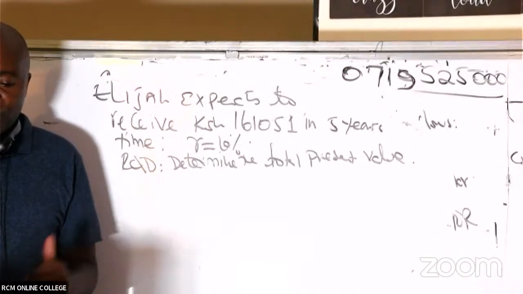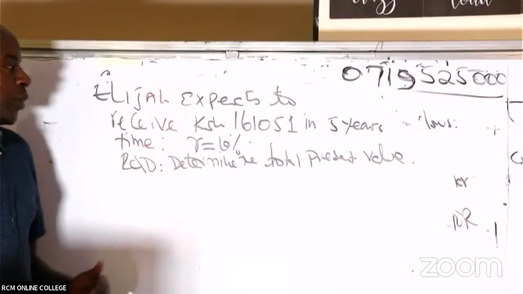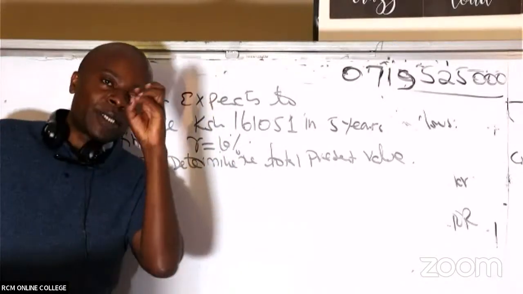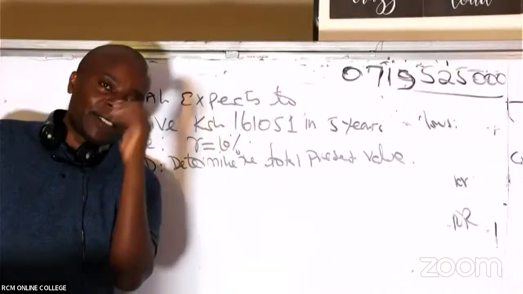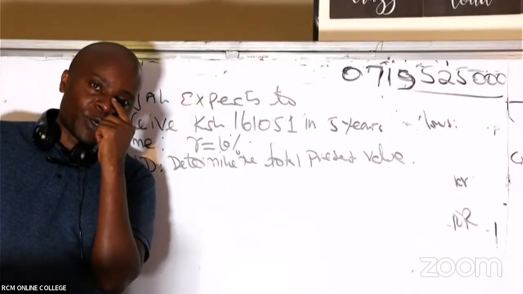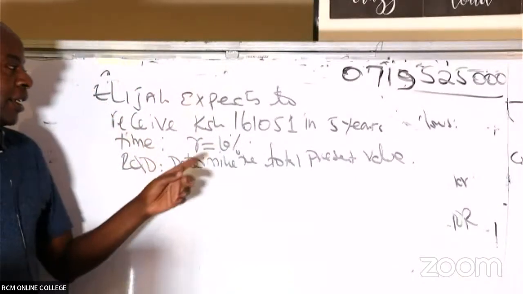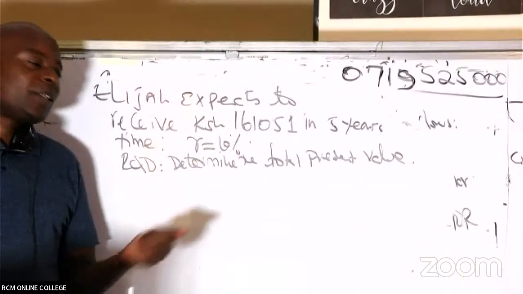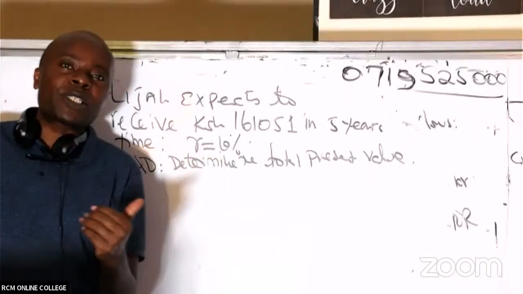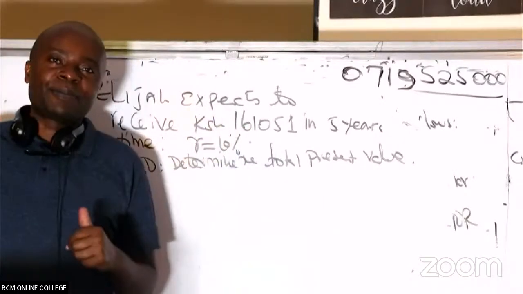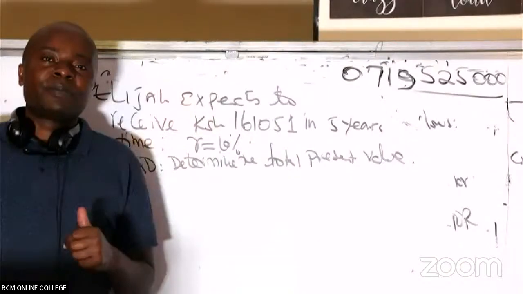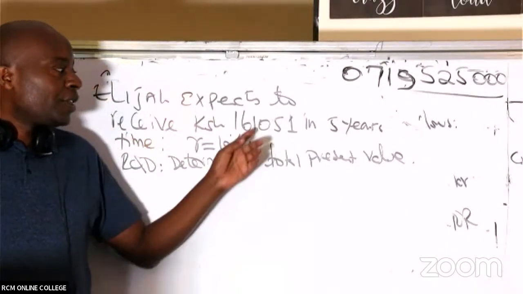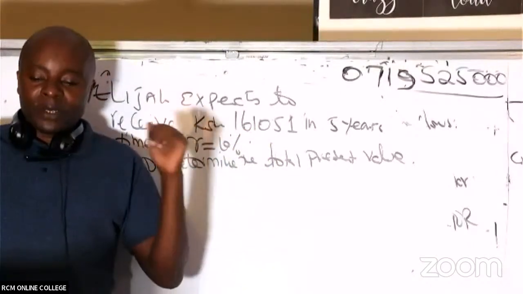So we have a situation here where Mr. Elijah expects to get Kenya shillings 161,051 coming to him as a block, just one-off return at the end of the 5th year. The interest rate is 10%. As we shall see later on, this will be called the cost of capital, the cost of not having this money today. So Elijah is expecting to receive this amount in 5 years' time, and we'll be given the cost